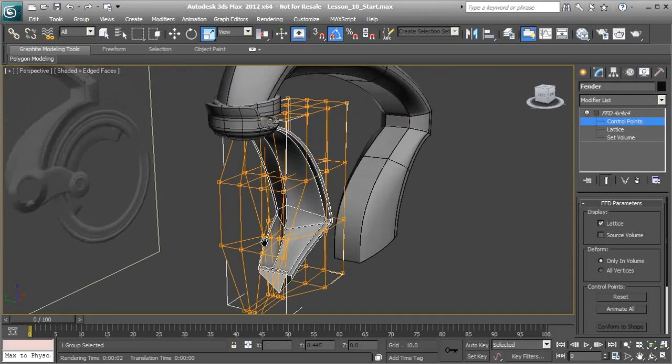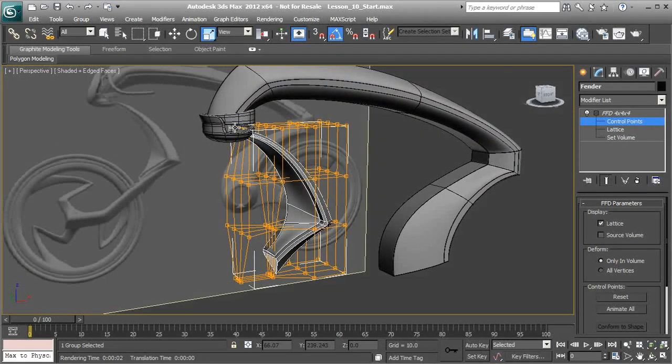Okay, so what we've done in this lesson is we've created our front pivot points, and we've also adjusted the forks so they fit for our pivot point, and we've used NURMS to really smooth some things out. Now what we're going to do in the next lesson is we're going to actually finish out the fork objects that will